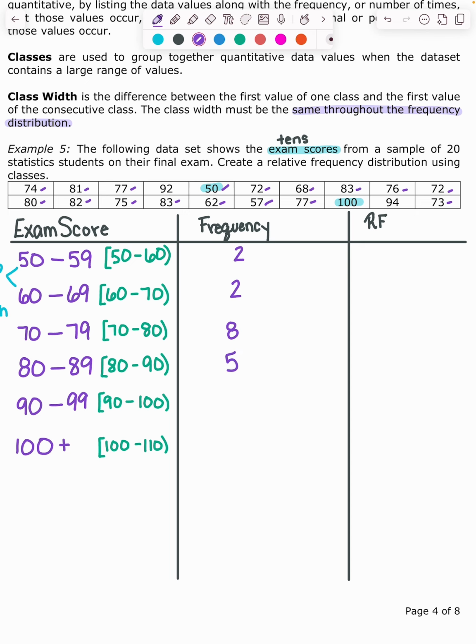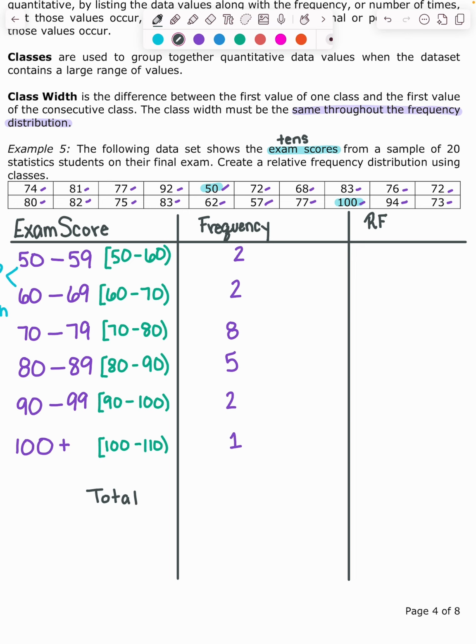Looks like 5. 90 to 99. 1, 2. I think there's 2. And then my 100, there's 1. Okay. And then just like we do with qualitative data, we're going to put a last row in here for the total,